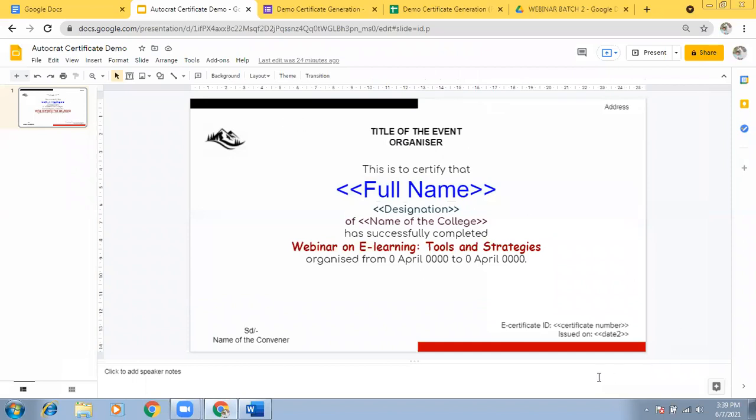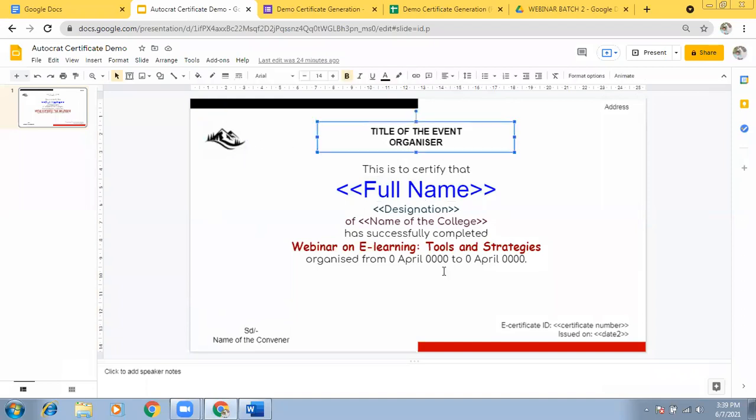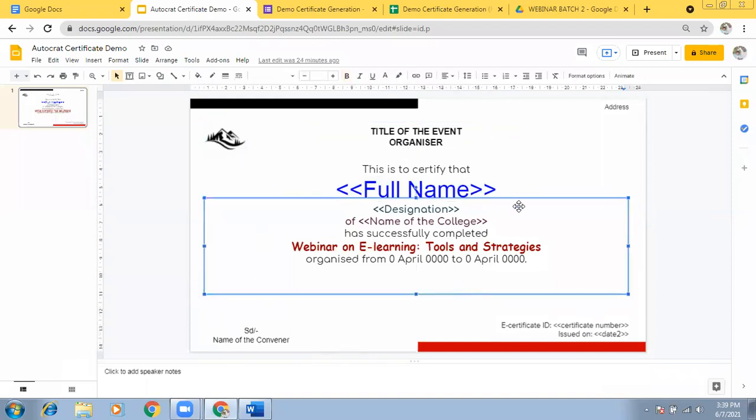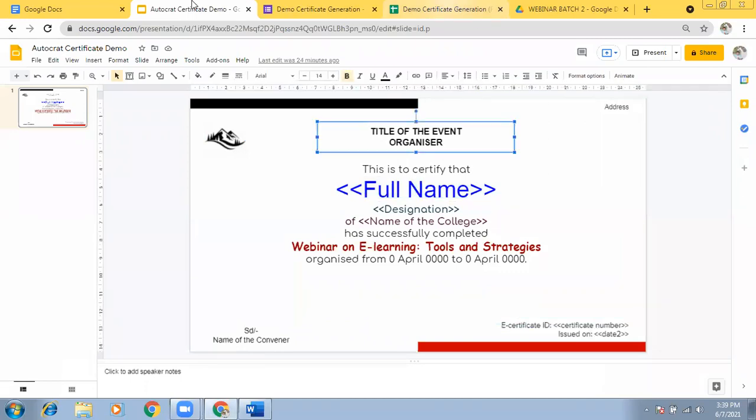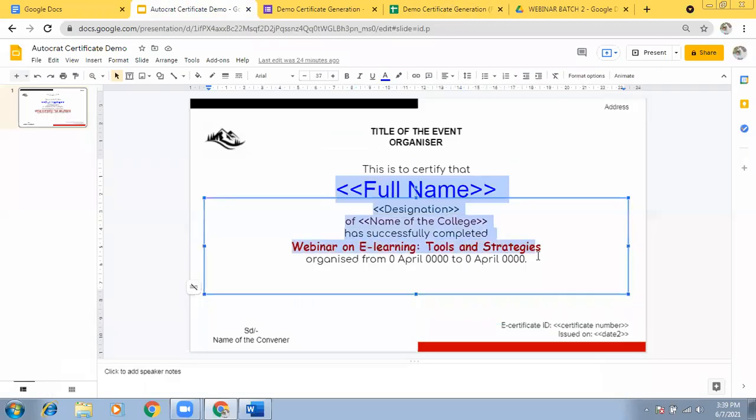If you want a particular background, you can do it in Photoshop and add it as the background of the slide. So the basic format we need to do only in slides, right? Yeah. The items which need to be taken from the form must be added in this format as text. It should be text only. Sure. Thank you.